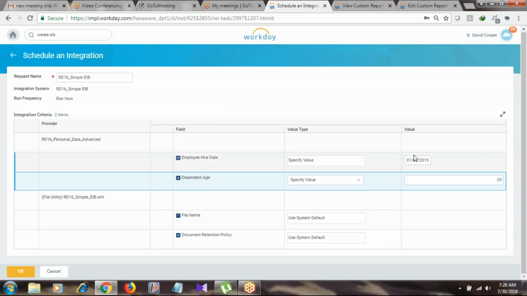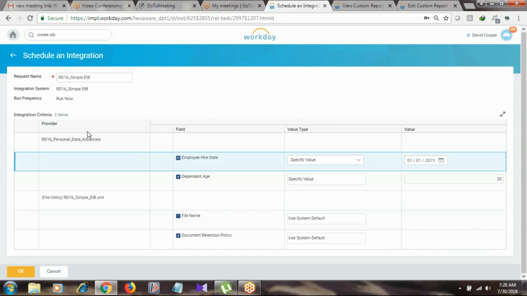These two parameters I need to provide here because this report uses them. This will automatically come based on the report which you selected. In the EIB, we selected this report, RD16 personal data advanced, as a custom report as a data source. So these fields will be coming from the custom report, and I need to populate these two fields here.